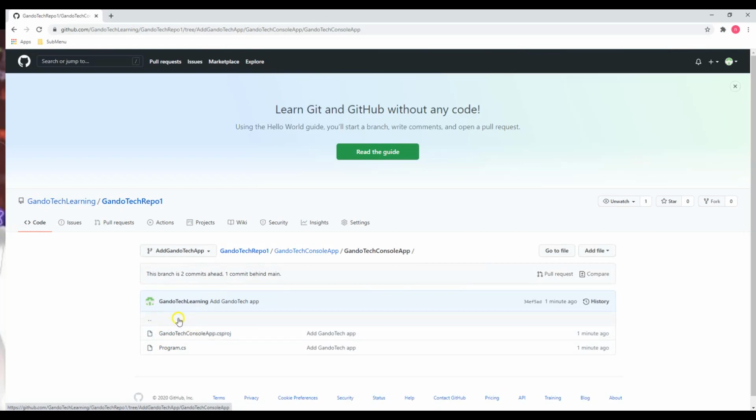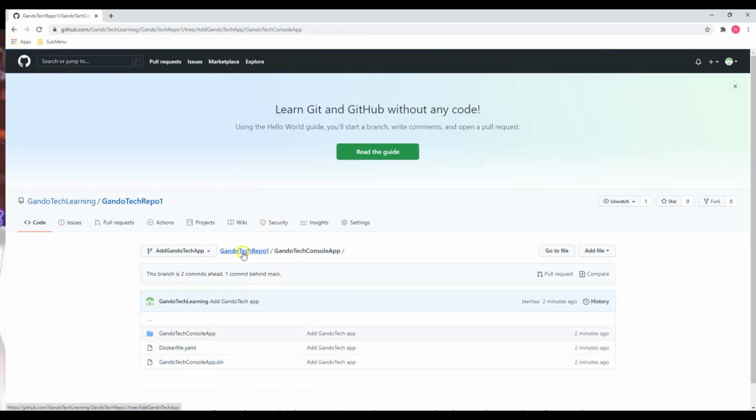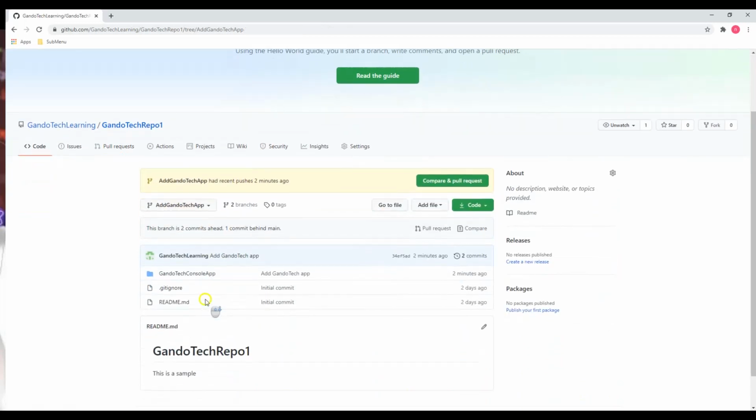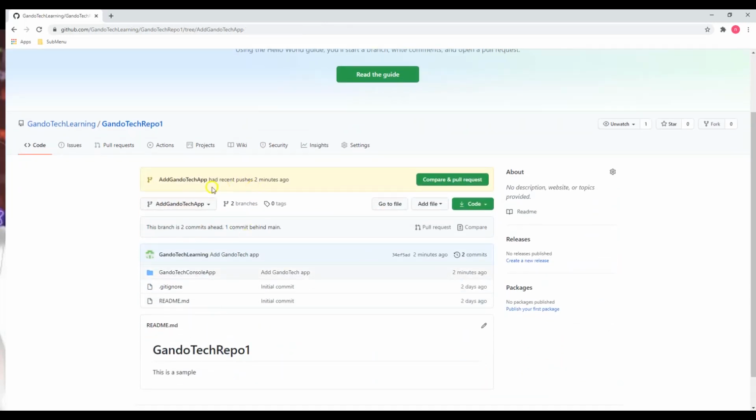So there is no bin folder, there is no obj folder, there is no unnecessary file, just the necessary files which are required to be there, like the project file, program file, Docker file, or solution file, whatever must be part of your project. Right, awesome. Also, automatically it will give you that feature to ask you, do you want to create a pull